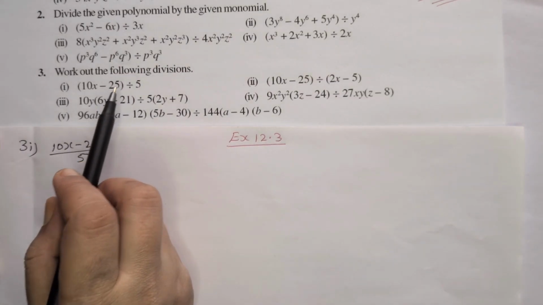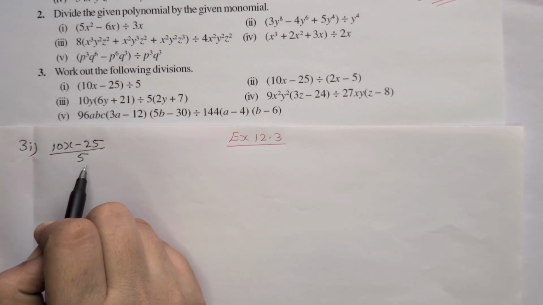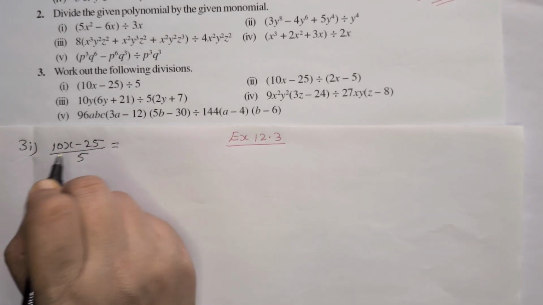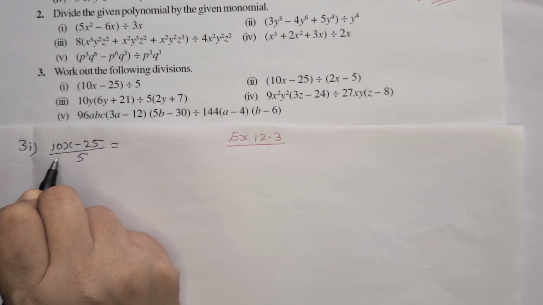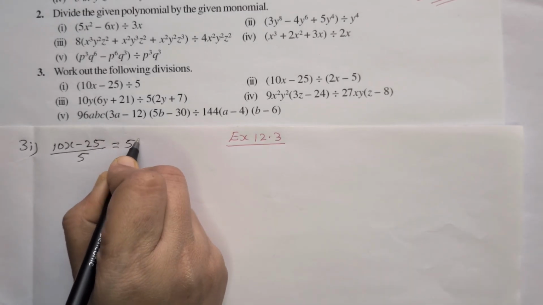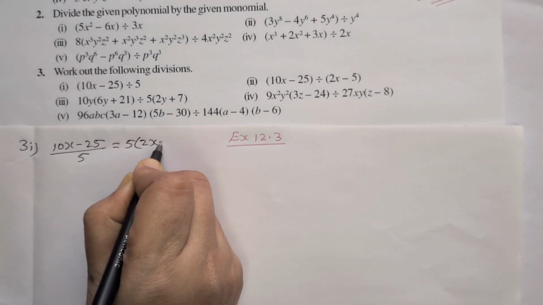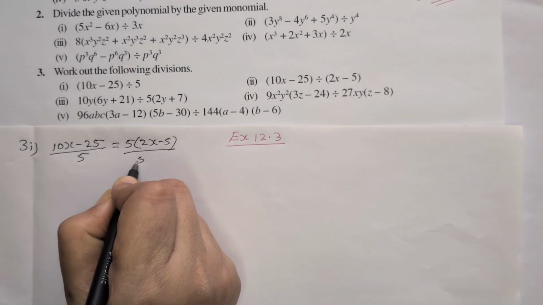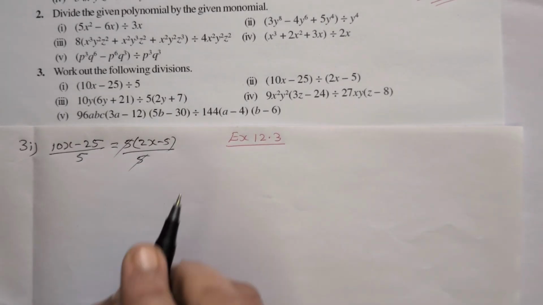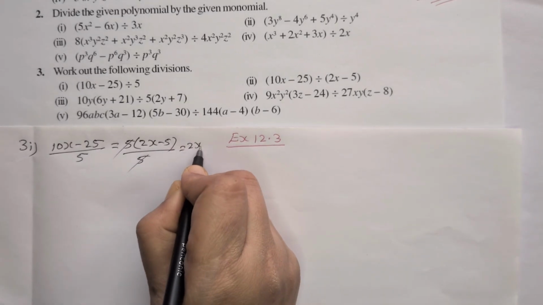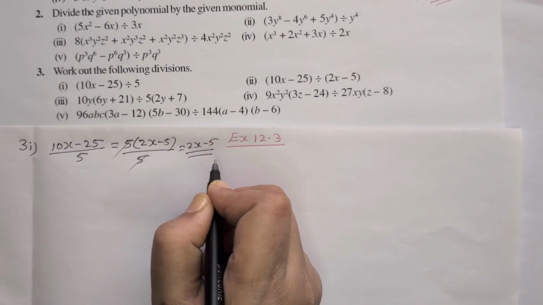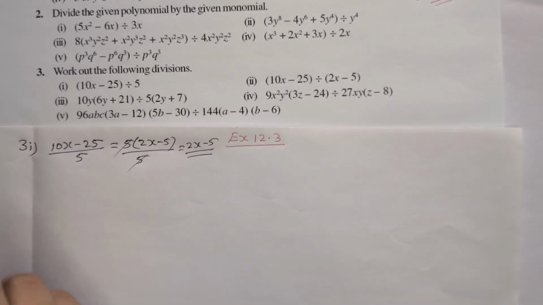Third question, work out the following divisions. 10x minus 25 by 5. From the numerator 10x minus 25 we can take 5 as common. 2x minus 5 divided by 5. So we can divide by 5, we'll get 2x minus 5. So 2x minus 5 is the answer. Next one,